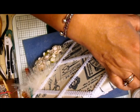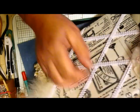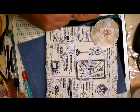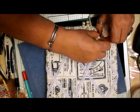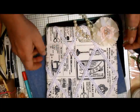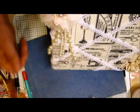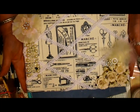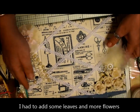Just checking this. I'm going to move this because it's not in the place I want it. I want it dangling further under here. There we go. So when it's hung on the wall, it's just dangling like that. So I hope you can see that. Yeah, and I like that. Very quick, very easy,